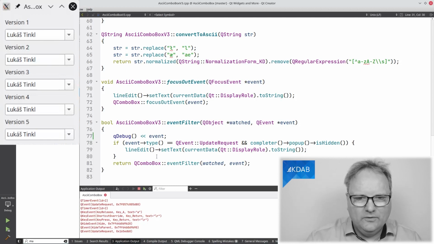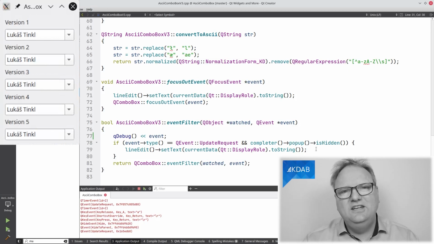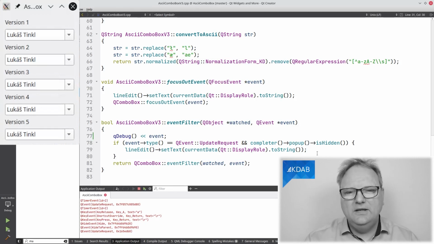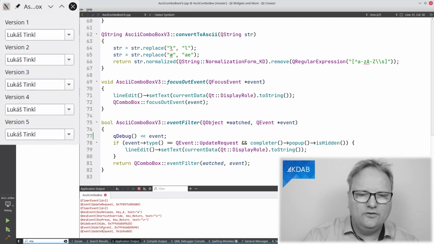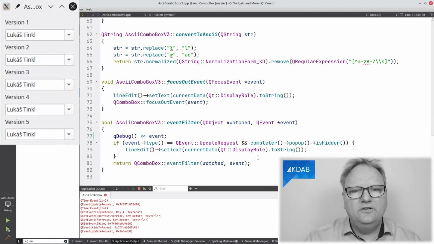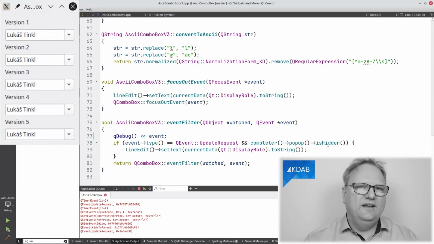But anyway, what I tried was, okay, that's awesome. Let's just look at if the event is the key press event, and if it's Key_Return that is being pressed, in that situation, I will update the line edit with this text here. Didn't work out because some other event came in after me. And I ended up looking at, okay, if an update request, you can see that's the last one coming in here, if an update request comes in, then I'll do it. But then it turns out there was a bunch of update requests coming around. So I checked, okay, is the completer popup hidden? Yes, it was. That's the only situation. And then I did that.